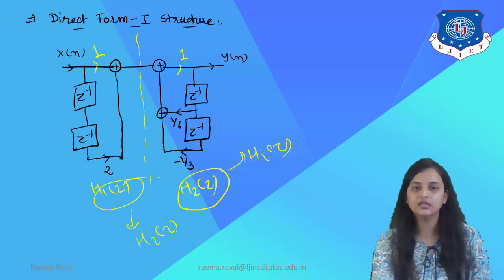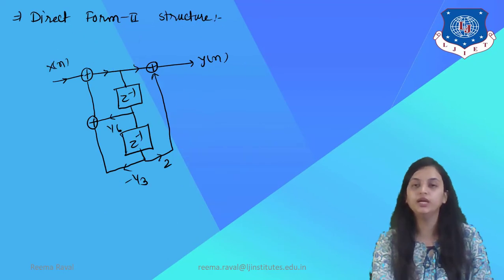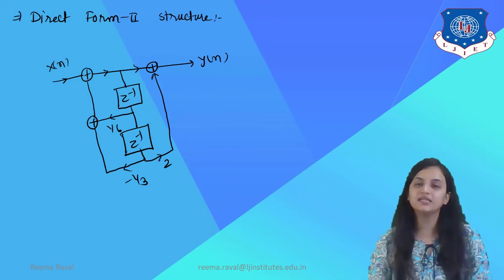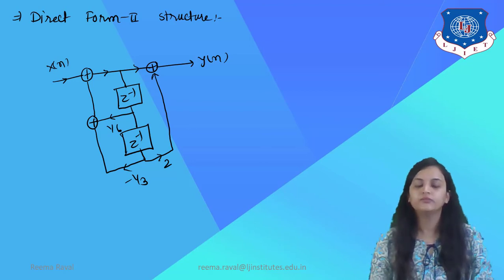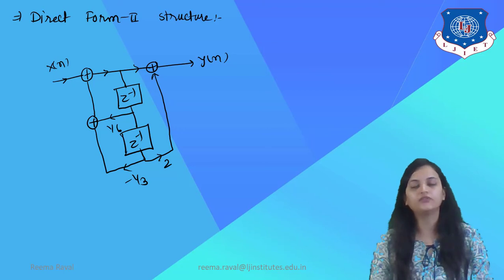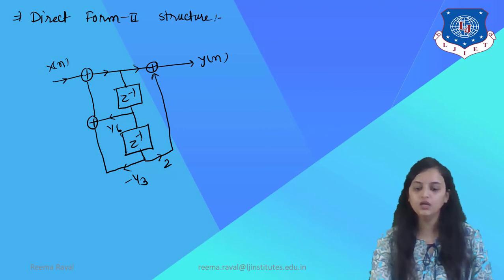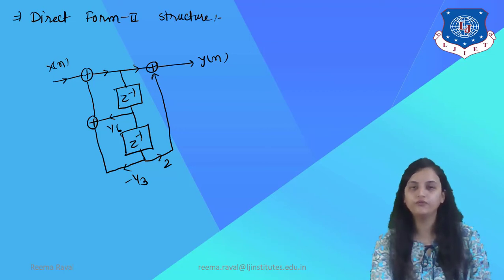So as you can see, in the direct form 1 structure we had 4 delay elements. But for the same system, when you use the direct form 2 structure, you have only 2 delay elements. So the number of delay blocks is reduced to half by using the direct form 2 structure, which is the biggest advantage of direct form 2 structure. So I hope that direct form 1 and 2 realization is clear to you now.